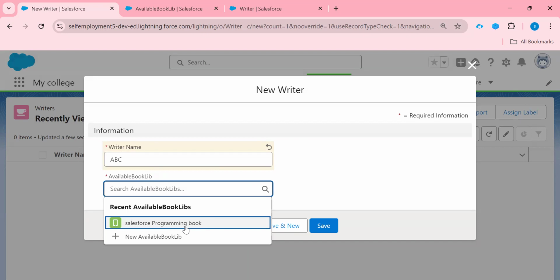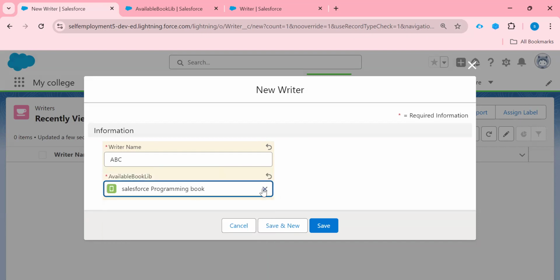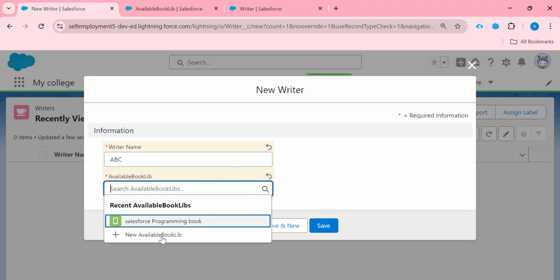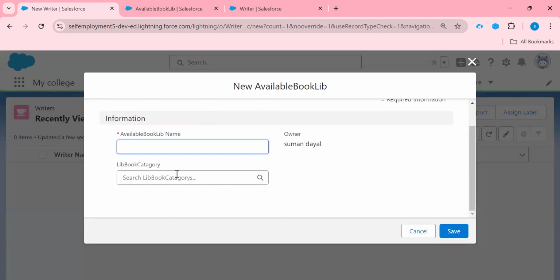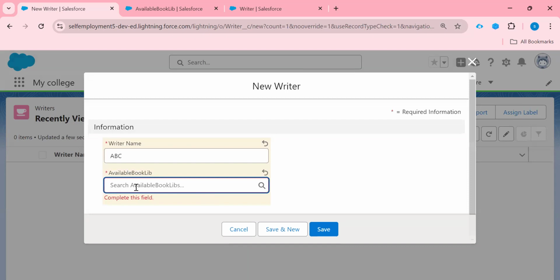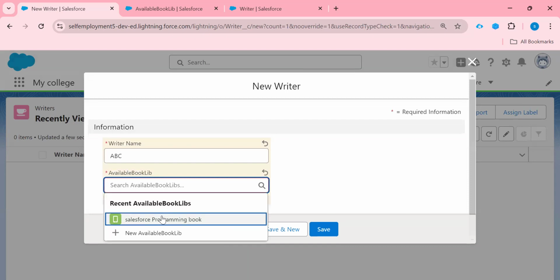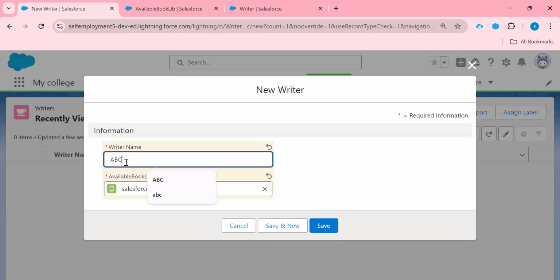Okay, so I can select from this list, or if I want to add more, I can add from here, right? Available book name and library book category. For now I'm just choosing this book, and this book is available for the writer name, right? So click on save.